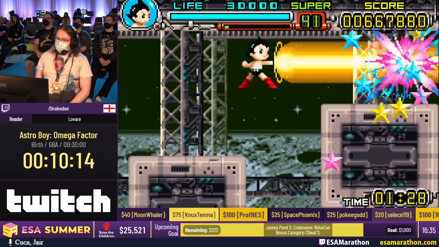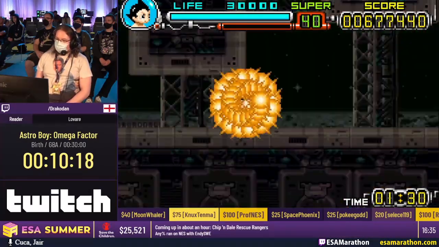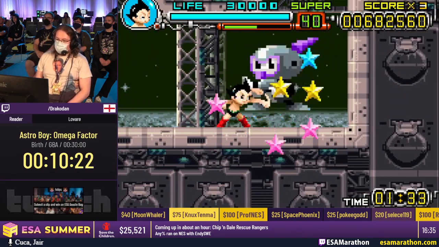But for enemies that take more than 4 hits, like a lot of enemies will take 6 hits for instance, it's slightly faster to, rather than let your punch combo finish, like...